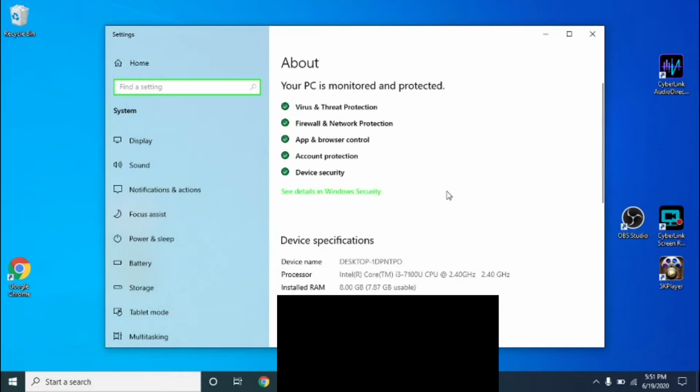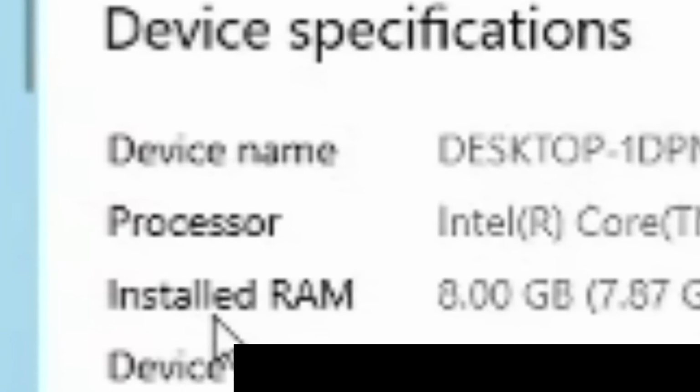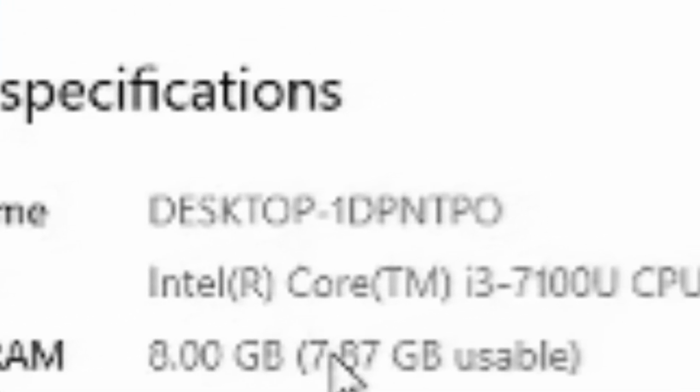I'm not going to scroll down, and I'm sorry that there is a black box over the blurred image at the bottom. I don't want y'all to be able to see my device ID or my product ID because you could steal the credentials from my laptop in that case. But as you can see right here, it says installed RAM, and then beside installed RAM, we have 8 gigabytes,